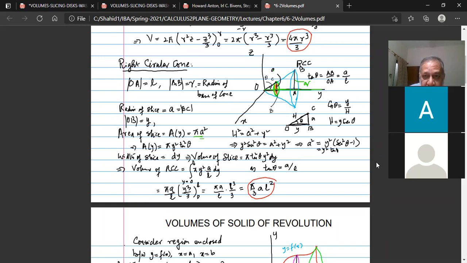Now a is equal to what? This region, this triangle, I have drawn here. From O to the center of this slice, B, and the top of the slice on the surface of the cone, C. This is the radius of the slice. This is the hypotenuse of this right triangle. This is the base of this right angle triangle. And this base is representing the distance of the slice from the origin, which is y. Now, I can put this